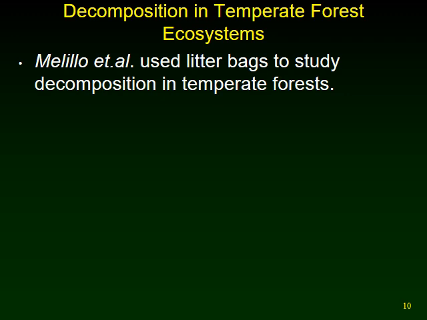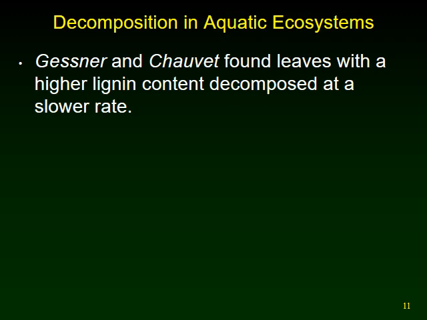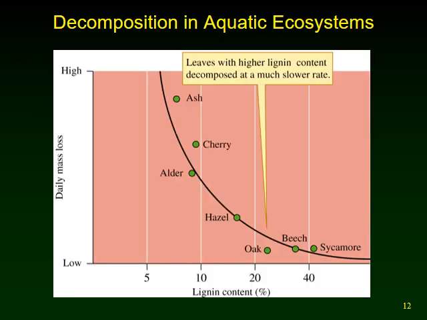Temperature and moisture also play a role. So, as I said, those leaves with a higher lignin content decompose much more slowly. The fungi didn't seem to be able to colonize these leaves as rapidly. Now, if you put them into water and it has a high nitrate concentration, then you'll get a higher decomposition